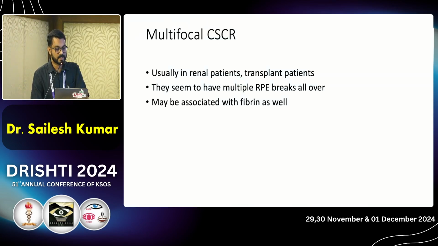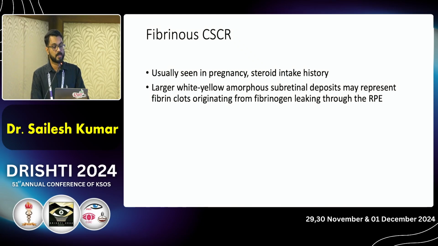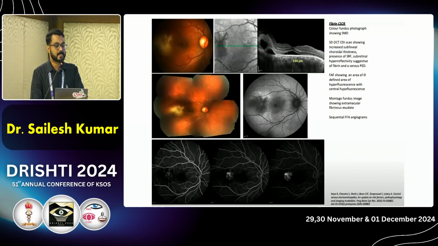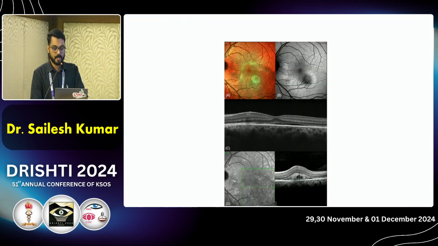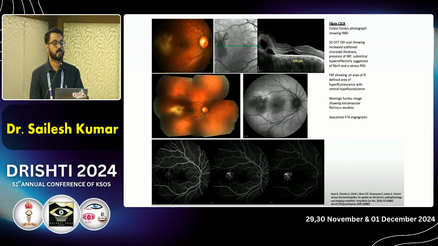Multifocal CSCR is usually seen in renal patients and transplant patients. They may be associated with fibrin as well. So there is another type, fibrinous CSCR, which can be seen in pregnancy and in patients with long-term steroid intake. So this is fibrin CSCR. Here you can see a yellowish white deposit just temporal to the macula in this picture. So this is fibrin, and